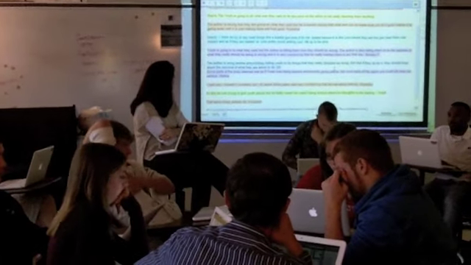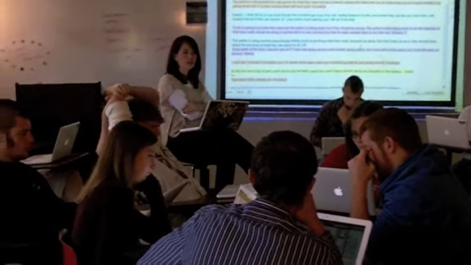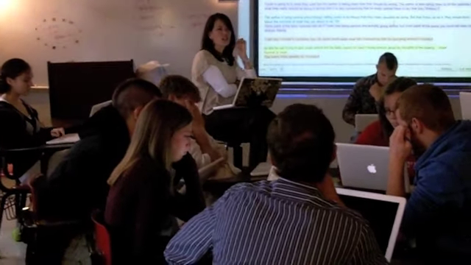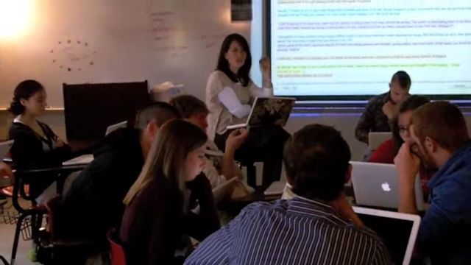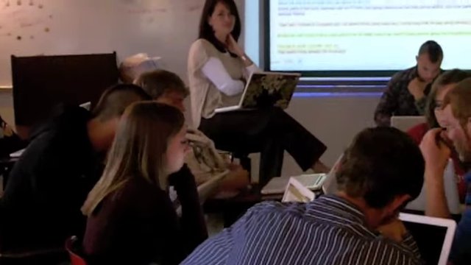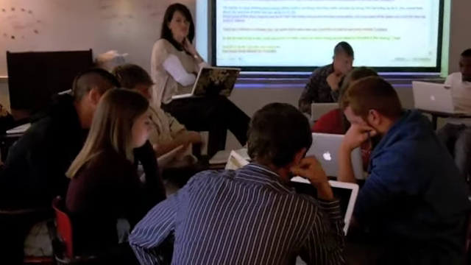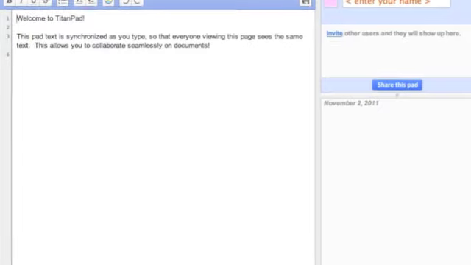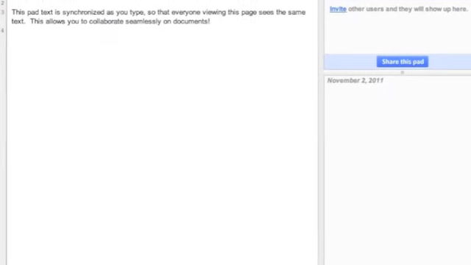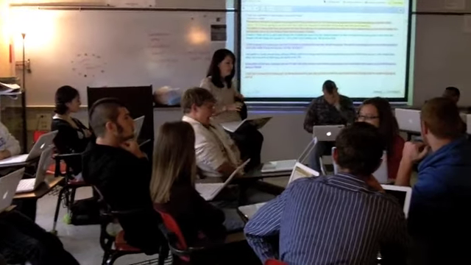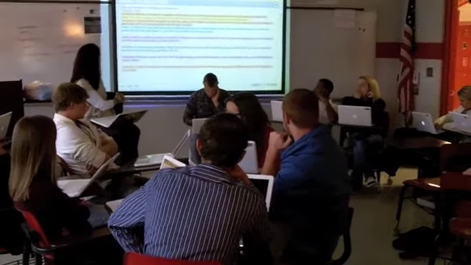The problem with this is that the students on the outside don't have a chance to have any input in the discussion. It becomes really frustrating for them, and they're often bored just watching others discuss and become detached from the conversation. So the technology comes in where these students have what we call a TitanPad, which is a collaborative document that lets students type simultaneously on one document, and they all then can contribute to the conversation in the